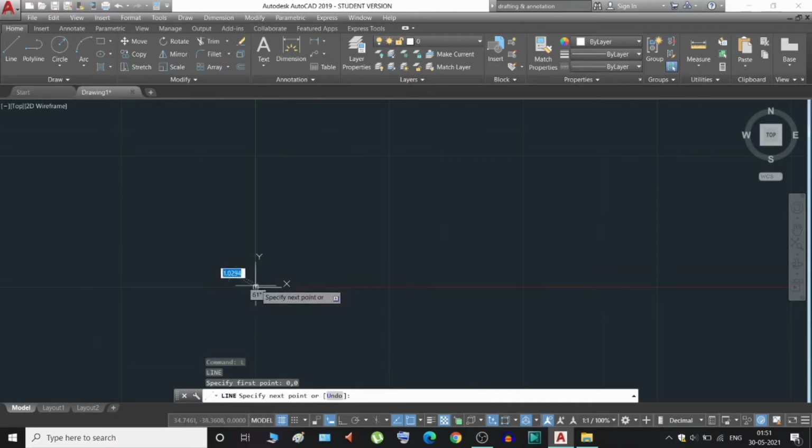The origin point is the point where the x direction and y direction meet. So this is the origin point of the UCS. So you can select the line command like this, and then you have to put the distance of the line.